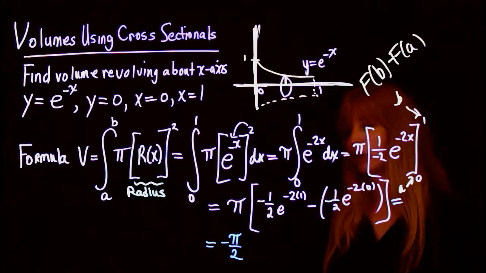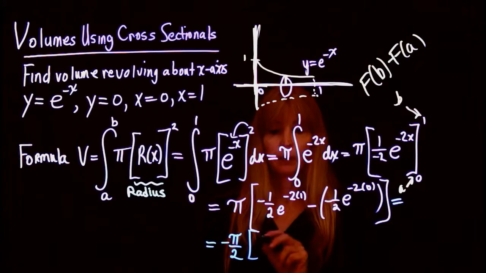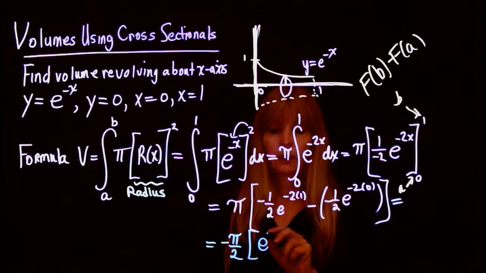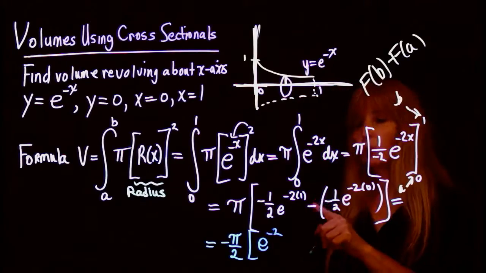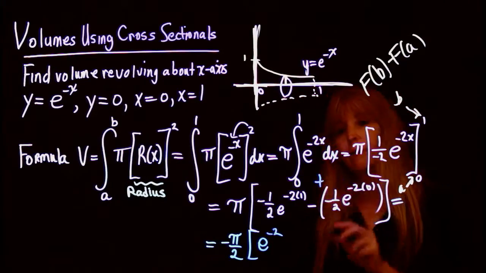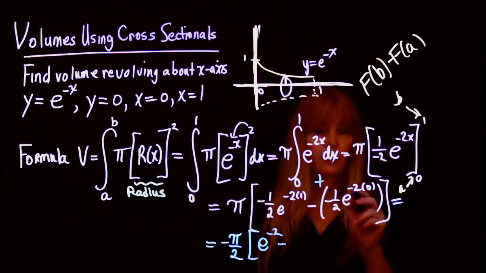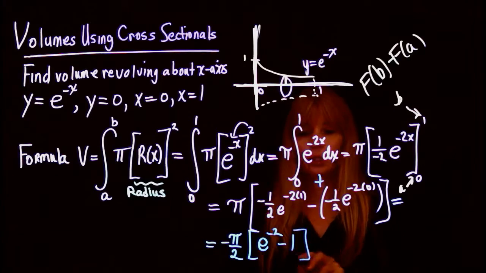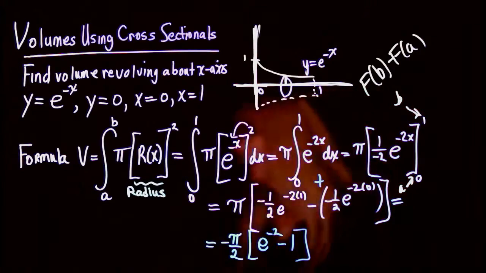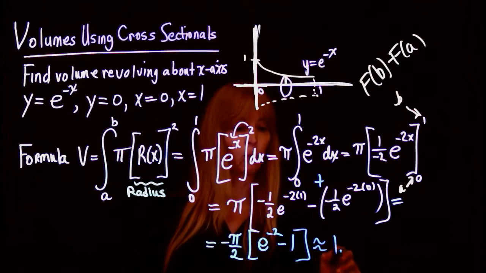So I factored out a negative 1/2, so this becomes e to the negative 2. This was a negative and a negative, so it's really a positive, right? I factored out a negative 1/2, so I have a negative left, minus e to the 0, which just happens to be 1. And I actually threw this in a calculator, and I got approximately